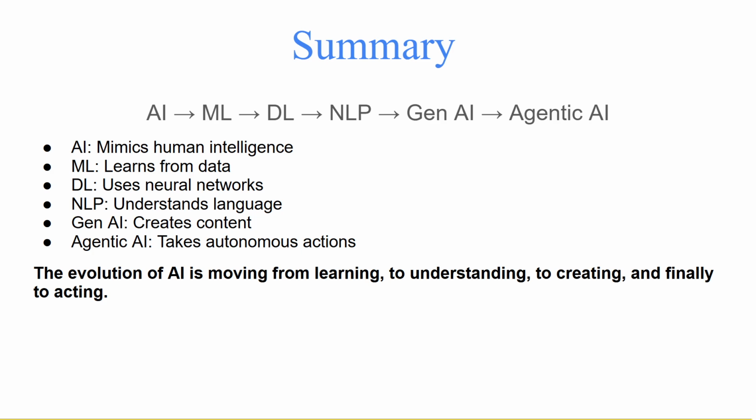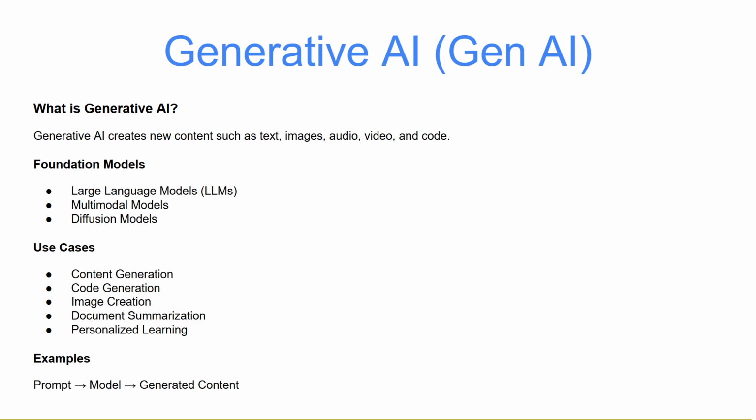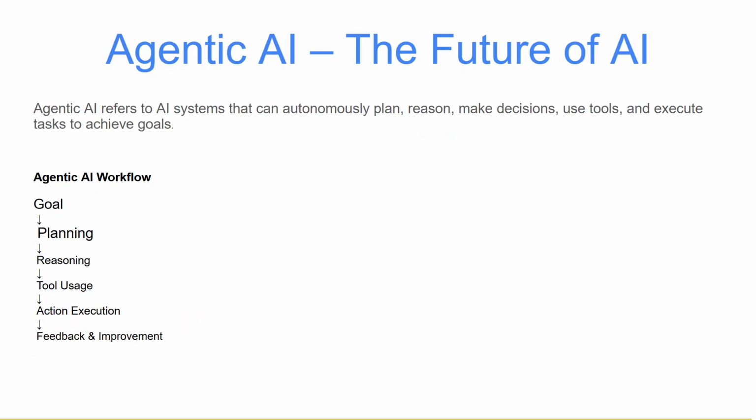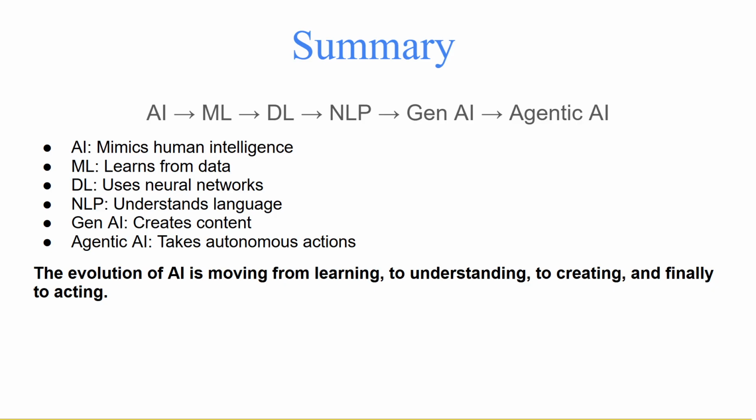For example, an AI agent can research a topic, write a report, edit it, and send it. That will be performed automatically, with no need of any human intervention, right? Agentic AI combines LLMs, tools, memory, and planning. This is the future of AI, and it is also happening right now. In generative AI we learned about the reactive agent; from passive assistant to active digital worker, this is agentic AI.